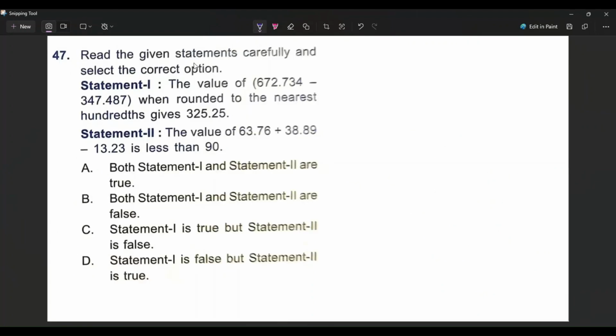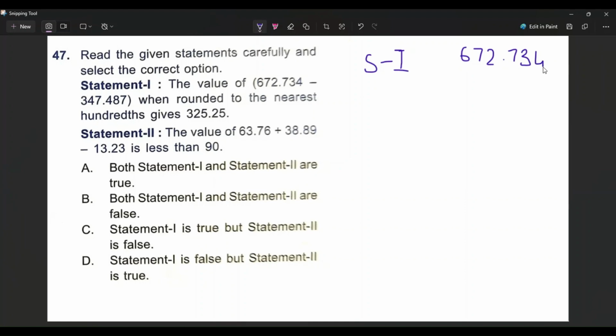47th question. Read the given statements carefully and select the correct option. Statement 1: The value of 672.734 minus 347.487 when rounded to the nearest hundredths gives 325.25. Statement 2: The value of 63.76 plus 38.89 minus 13.23 is less than 90. So statement 1 is given as